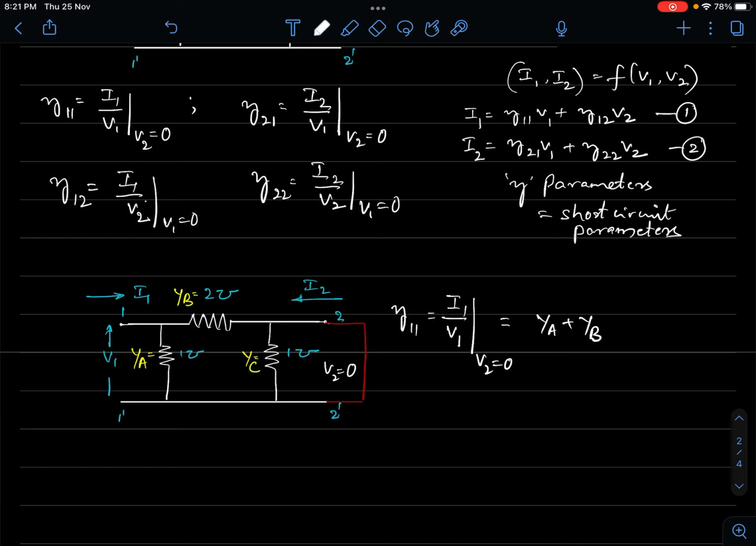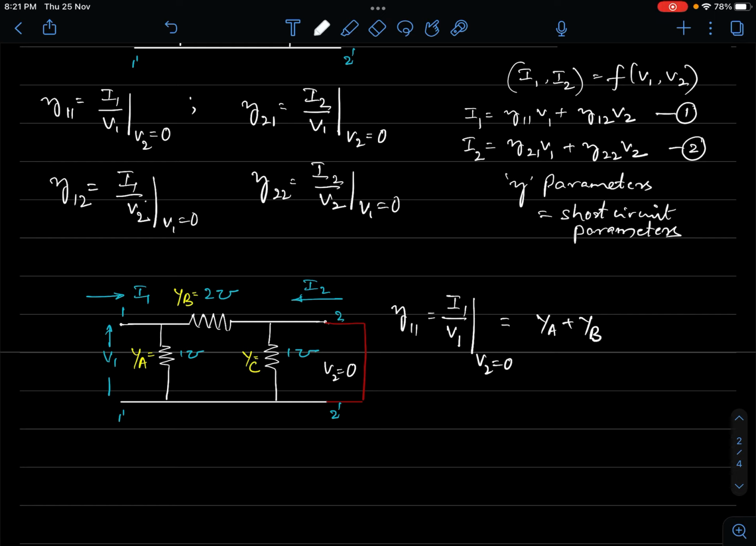Okay, so if the admittances are in parallel, then the equivalent admittance is the sum of the two. This is something we know, right? Impedances in parallel would be the product divided by the sum, whereas admittances in parallel is equal to simply the sum of the two admittances. Alright, so we are able to find out